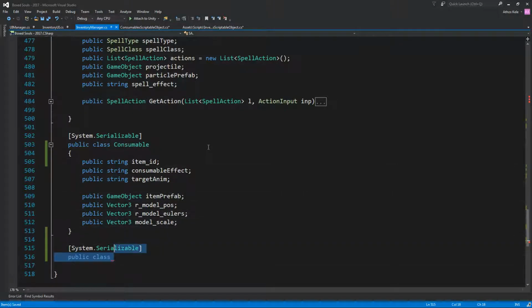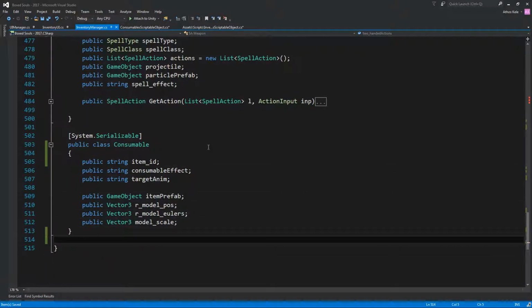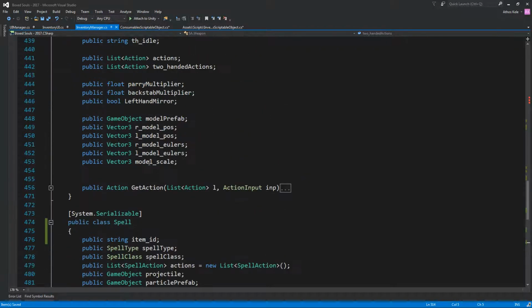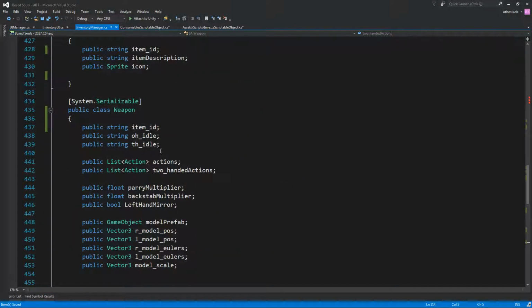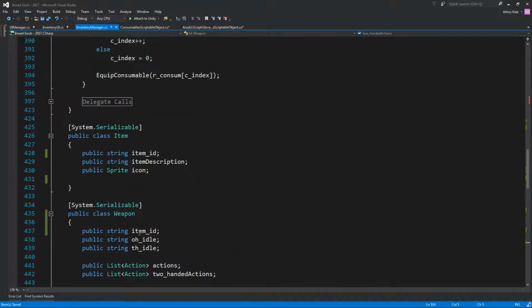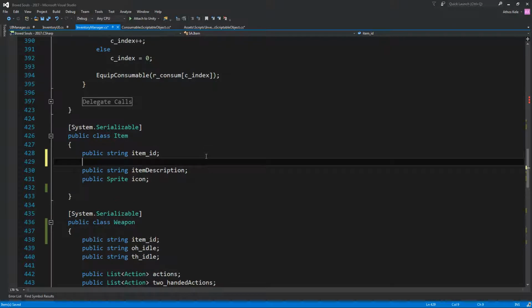We won't need a new class, we have our items. So basically the item ID is going to be responsible for linking this with their item. But we also want to have a name for our item, so we're going to say,